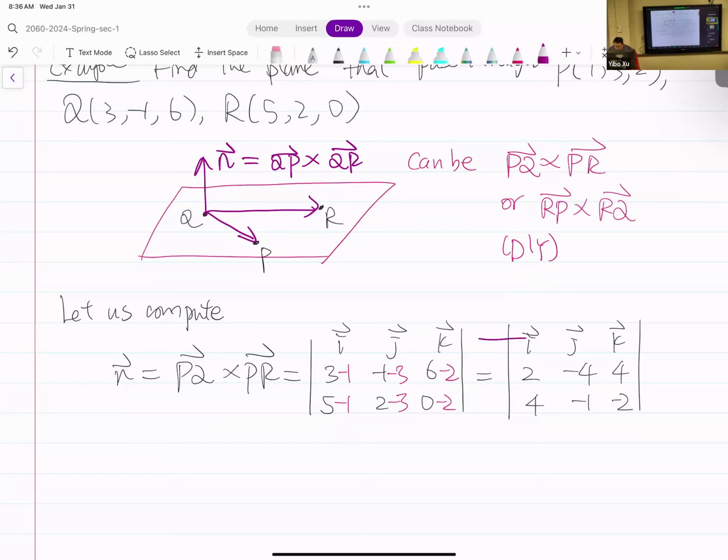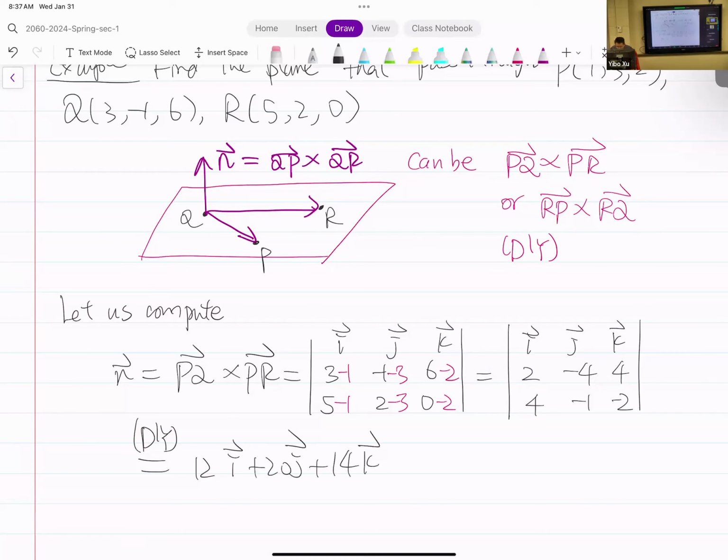So for i, we just eliminate the first row, first column, which gives you a 2 by 2, and then you just keep on doing that for j and k, right? Just be reminded that for the entry j, the constant there needs to be negated, right? So here, make sure to do it yourself, double check your work, then you should get 12i plus 20j plus